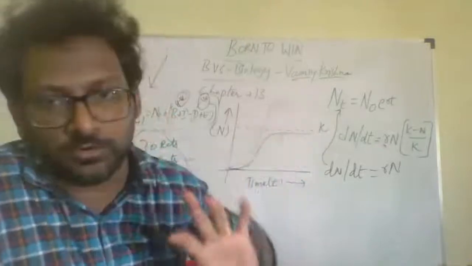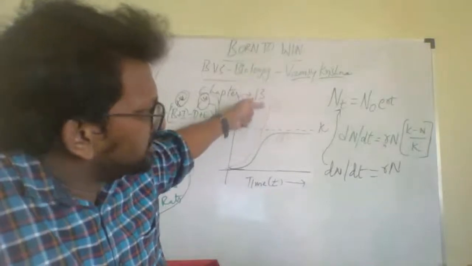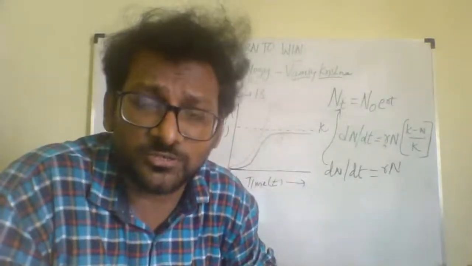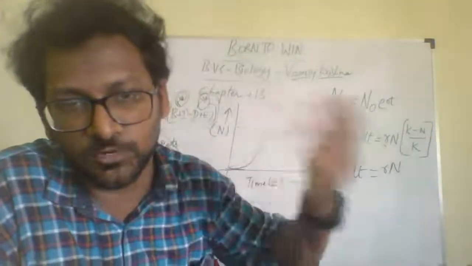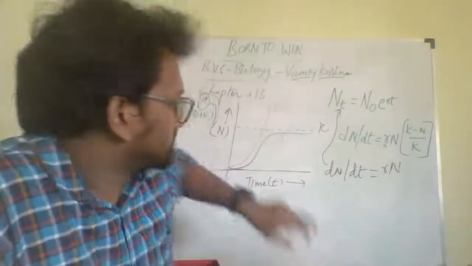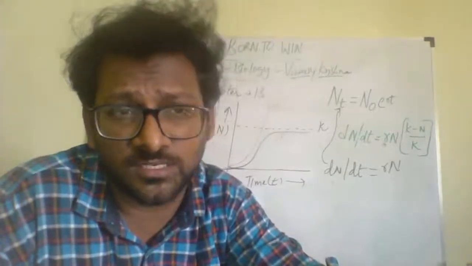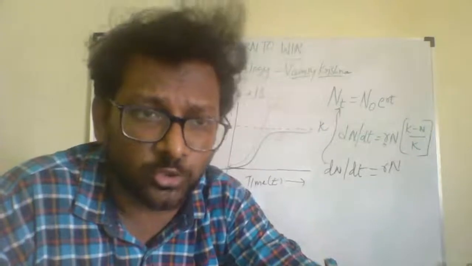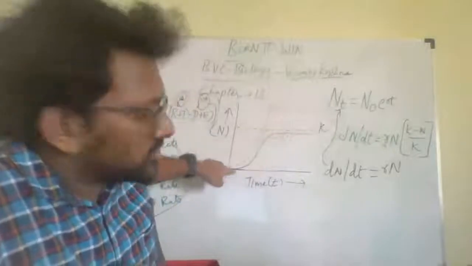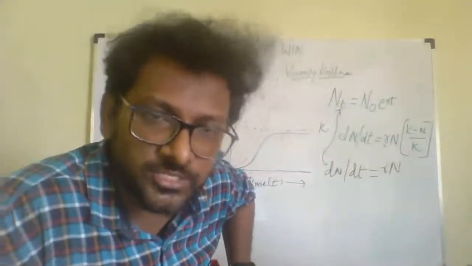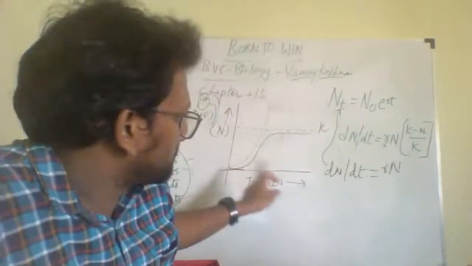Especially the graphs are important here. So this is exponential growth, where resources are unlimited, so they keep growing exponentially. The rate of growth keeps on increasing. This is density. But when we talk about the next curve, that is the logistic curve, you will be finding different phases in the logistic growth. Exponential growth is J-shaped, and logistic growth is S-shaped, sigmoid shape. You can see this S shape.